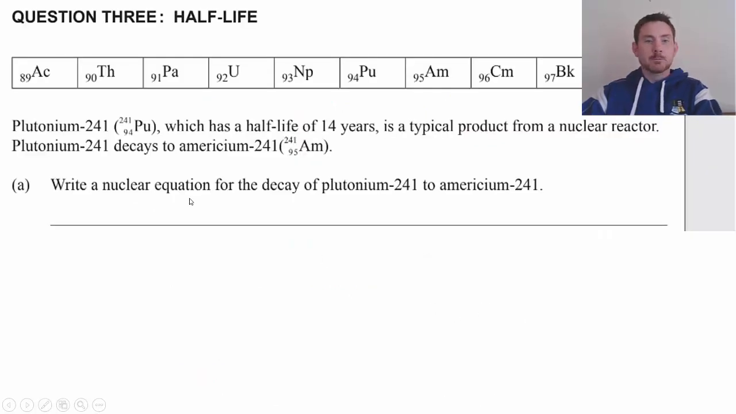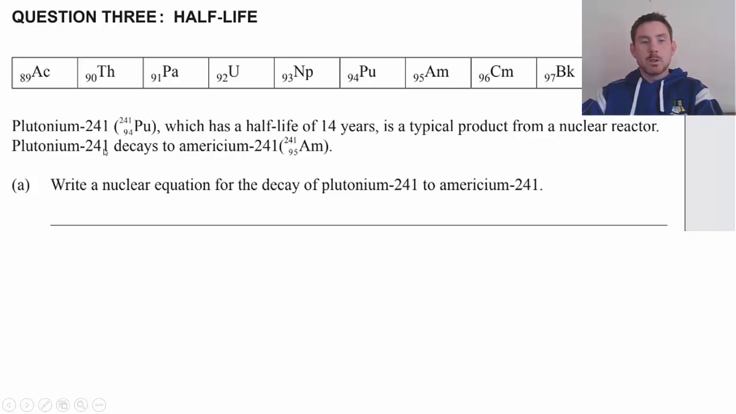Okay, on to half-life. And we've been given a number of chemical elements here and their symbols with their atomic numbers. And we're told that plutonium-241, which has a half-life of 14 years, is a typical product from a nuclear reactor, and it decays into americium-241. So we're asked to write a nuclear equation for the decay of plutonium-241 into americium-241. So we would start off with